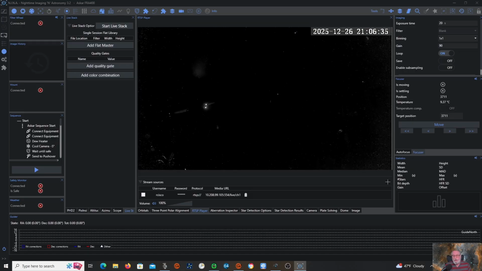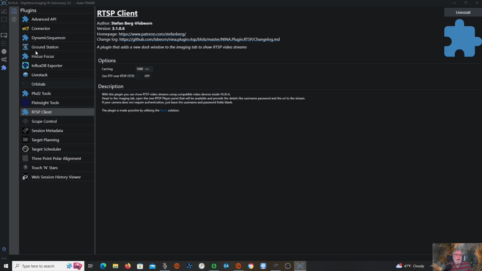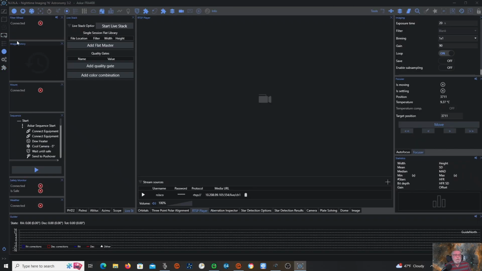The only time I turn that on is when I've got something going on and I want to see where the telescope's at, where the dome is pointed, or if the shutter's open. Then I'll turn it on, but I normally have it off. But it's kind of cool. But anyway, that is how you set up the